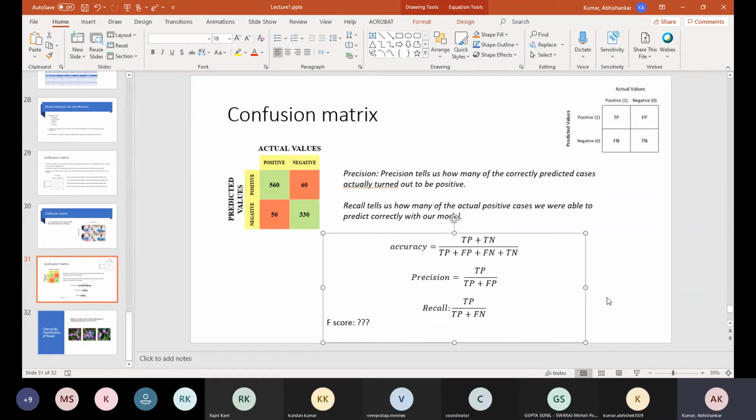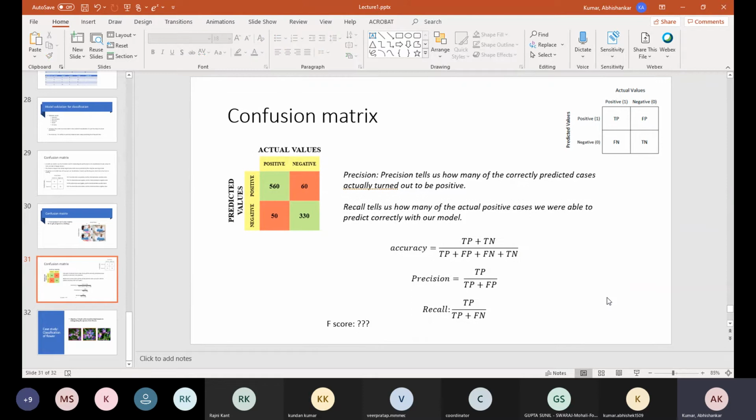In 12th we used to have this harmonic mean. Okay, so you just find this formula.